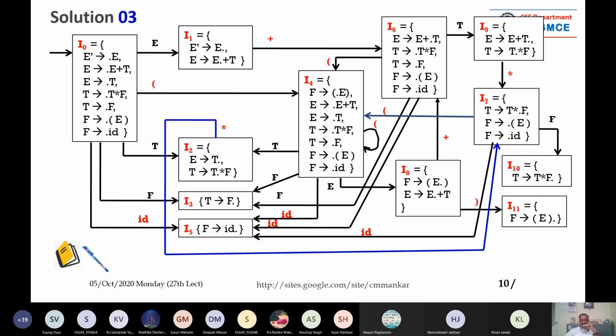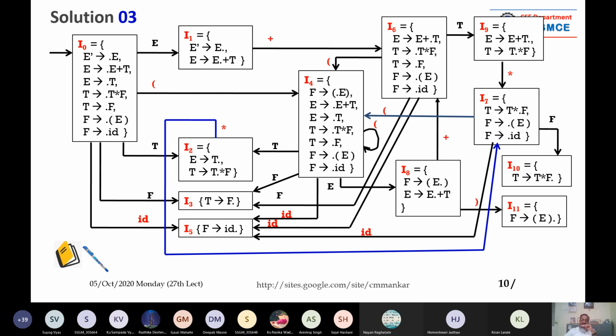Now there is nothing else. See, ID is there. So dot is in front of ID in I0. See the box I0. Dot is in front of ID. Now, if you go to it, it is a transition. So what you have to do? You have to shift the dot one place ahead. So what will happen? See the I5 box. The I5 box contains only one production rule, that is F giving you F arrow ID dot, and finished. Now dot is at the end, so you cannot process it. So that set will contain only one atom. So this is the logic. You have to understand this.